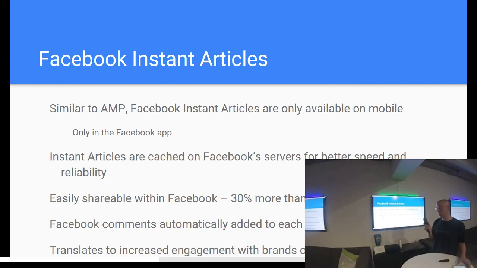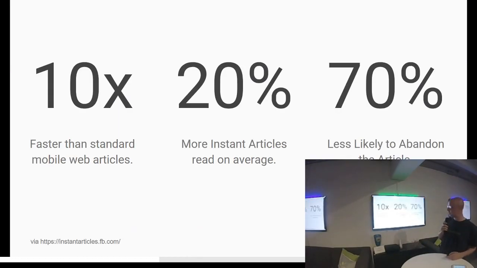So some stats on that: they're easily shareable within Facebook. They're apparently shared 30% more than any other web page in the Facebook app on average. Facebook comments are automatically added to each Facebook Instant Article. You don't have to add in Facebook comments or anything, and it just increases engagement with brands. And again, some more stats here.